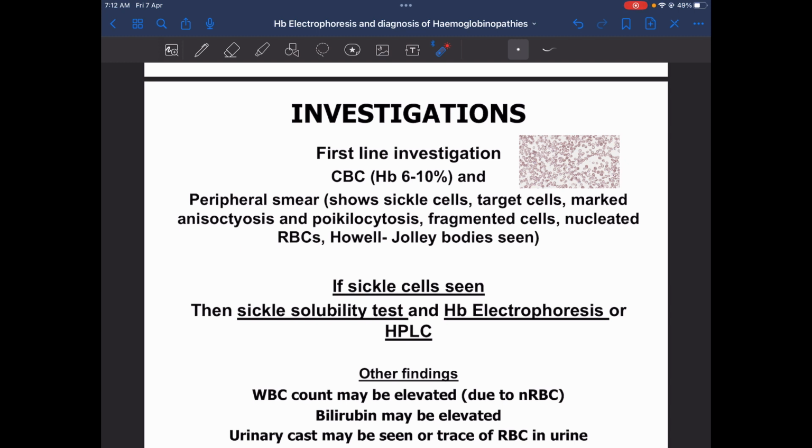And yeah, so lastly, we're also going to be seeing Howell-Jolly bodies. Now, what those are is basically inclusions. I will show you guys a picture of what that looks like in just a second. But Howell-Jolly bodies are inclusions in red blood cells. And these inclusions are usually taken out by the spleen, because the spleen is going to filter the blood,